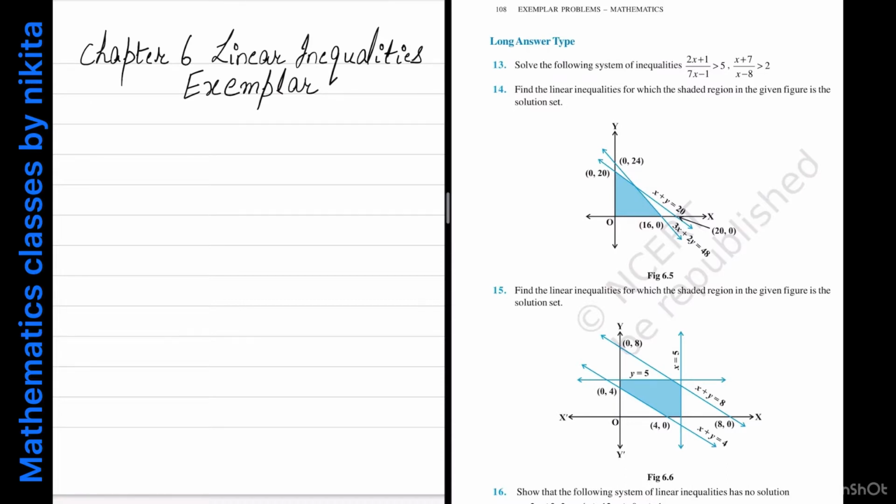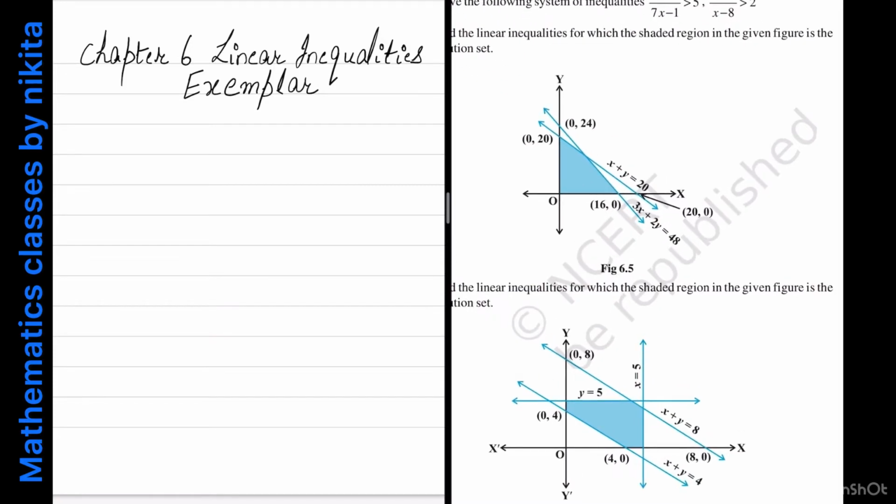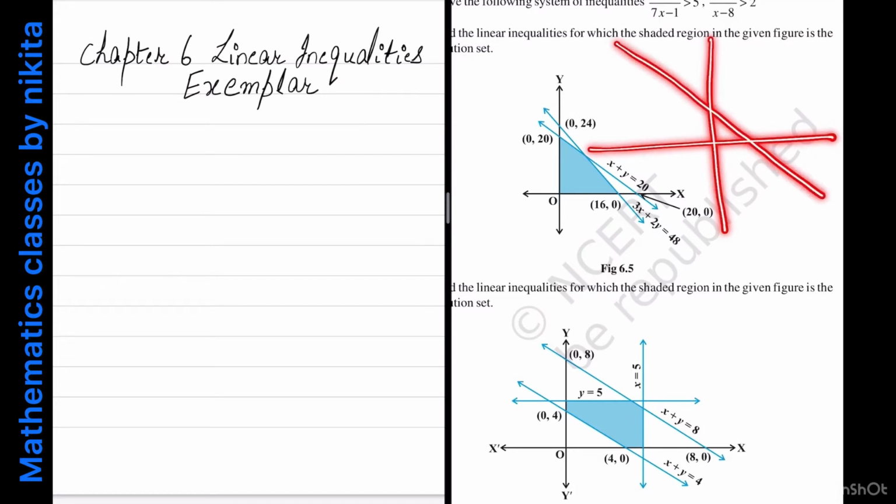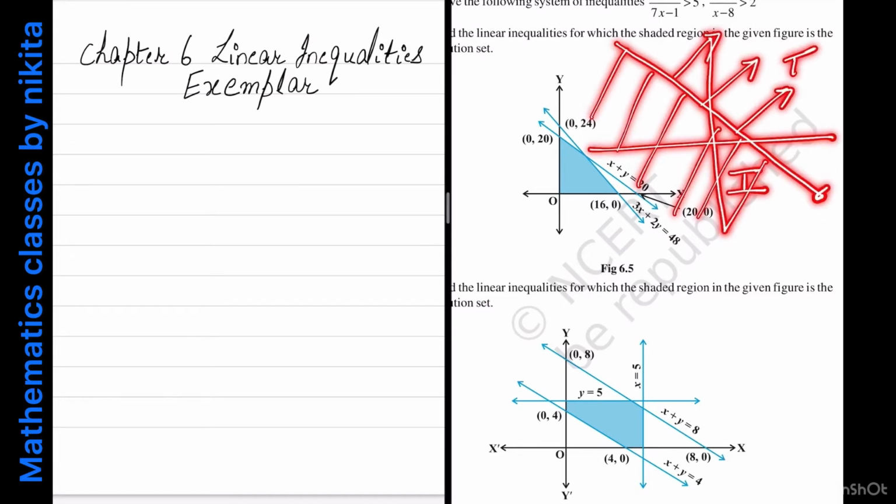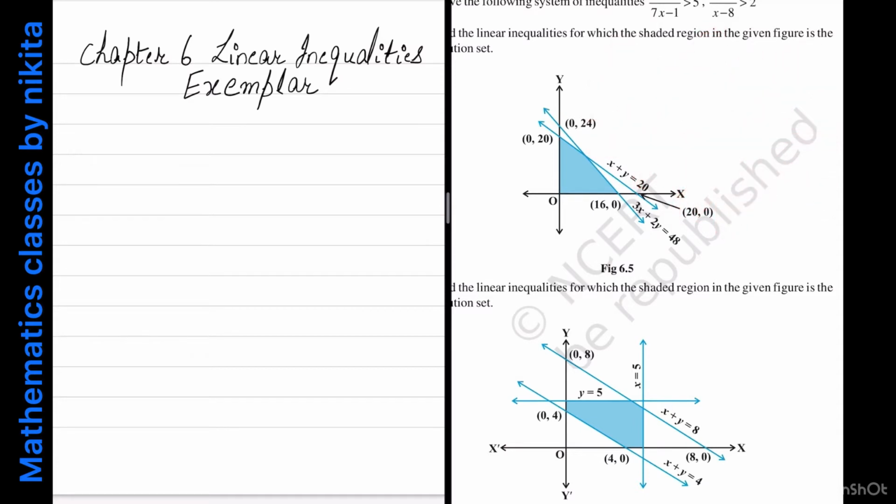Now if you remember the concept, in this case we have the concept of a line dividing a Cartesian plane. Suppose we have a Cartesian plane, that is R square, and we have a line. This line divides the plane into two halves. One is the lower half plane and the other one is the upper half plane. So any line divides the plane into two halves, the lower half plane and the upper half plane.